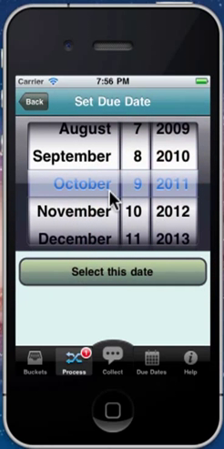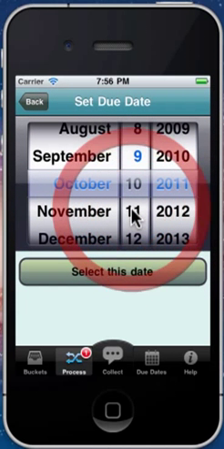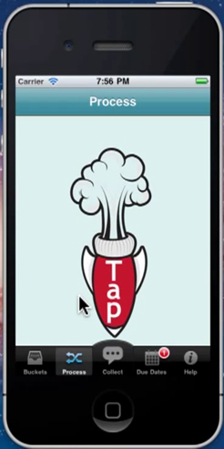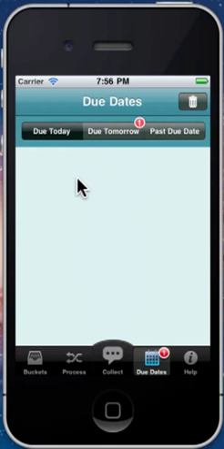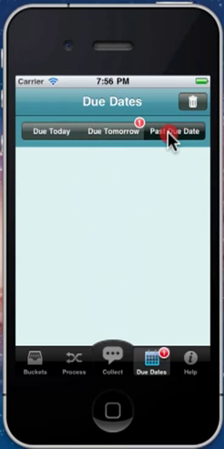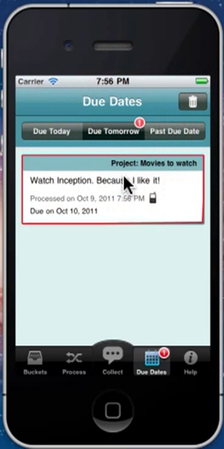Now, what I'm going to do is mark that as due tomorrow because I really want to watch this one. This is a cool movie. Bang, done. What you're going to see at the bottom is this due date just lit up, because something is due tomorrow. You can see one item is due tomorrow. So I'll come here. You'll see the free sub buckets. You'll see the due today, so there's nothing due today. You'll see due tomorrow. Oh, okay, well, watch Inception, and the stuff that's past due date.